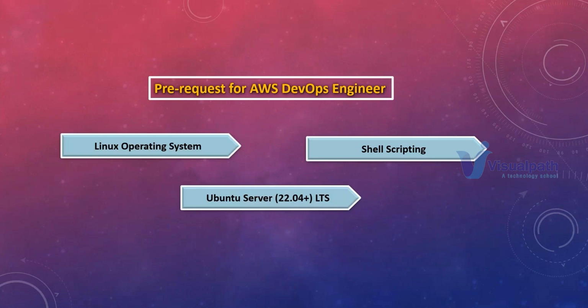So we will be using Ubuntu server edition. In Ubuntu, the server editions are the even numbers, not odd numbers, like 12, 14, 16, 18, 20. Now the latest one is 22. So we will be learning Ubuntu server edition on version 22.04, the latest version we are going to use in this particular course.